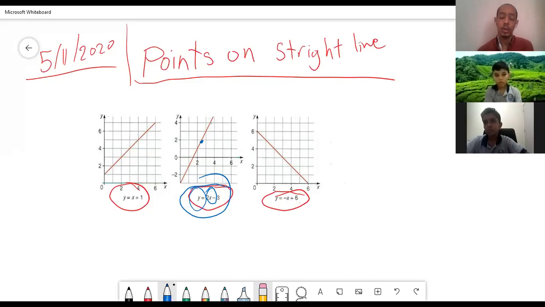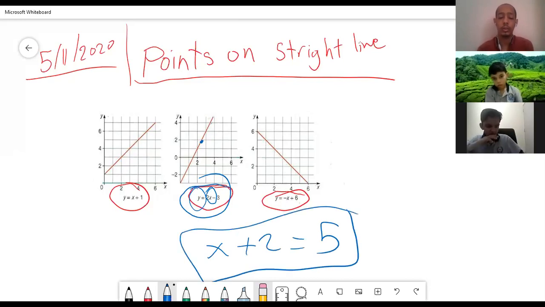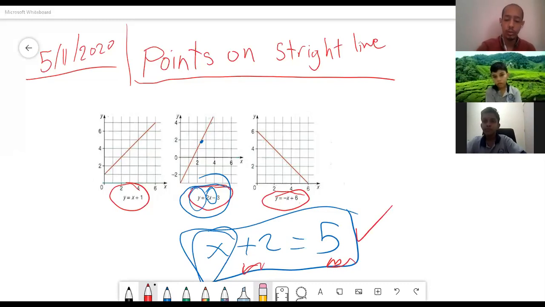But in an equation, we are interested in finding the value of one unknown variable. For example, x plus 2 equals 5. In this case, we have only one unknown variable, right? So we have to find the value of x in the case of an equation to make the equation true, to satisfy the equation, to make both sides equal. But for a function,